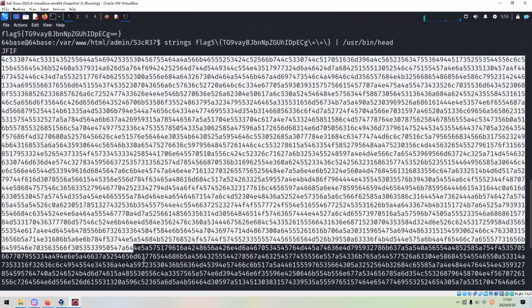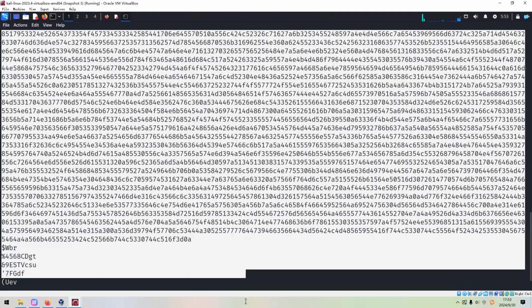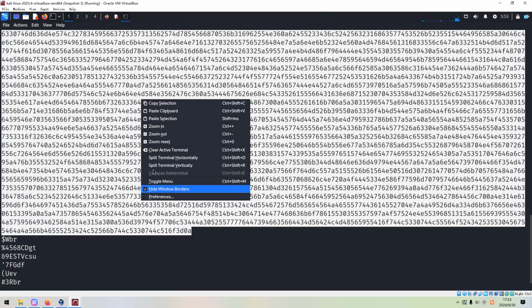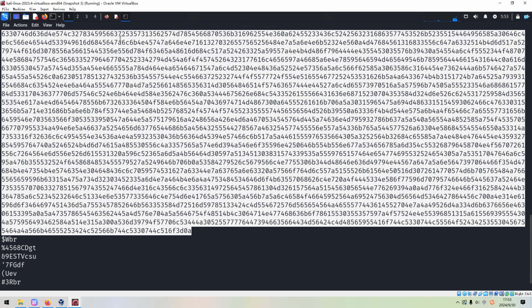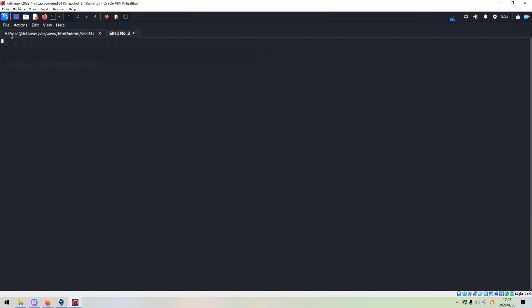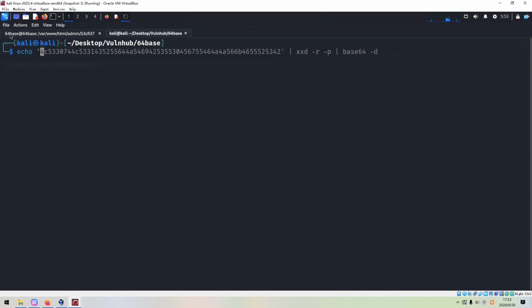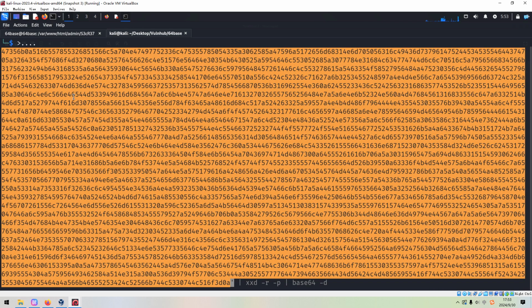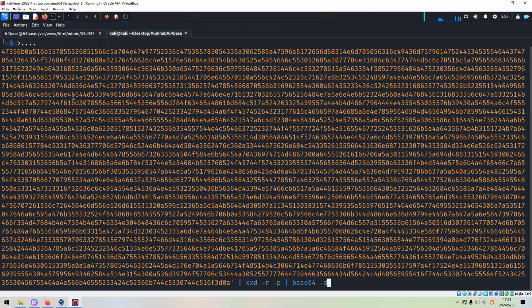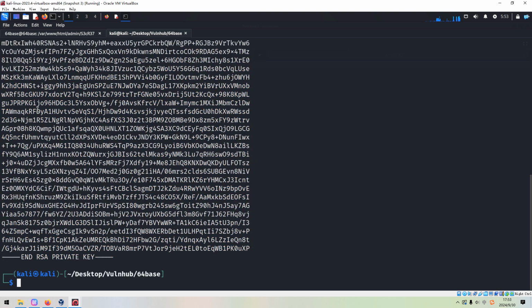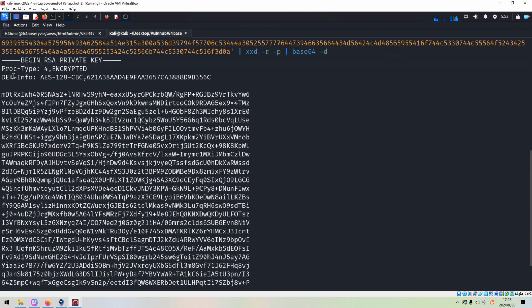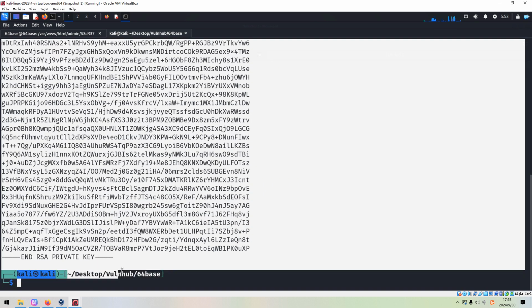As you can see, we got the header data, and this data should be the private key. We can copy and we can decode. Press enter. Then this should be the private key. We can copy.